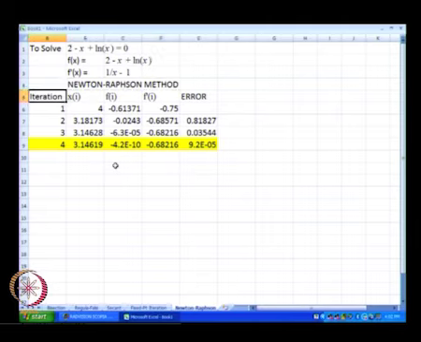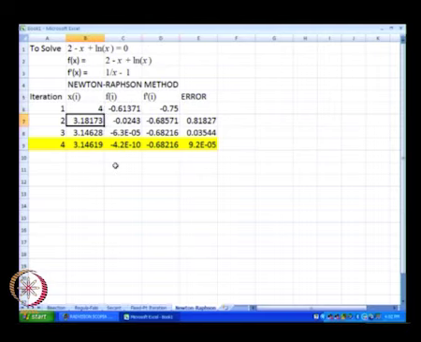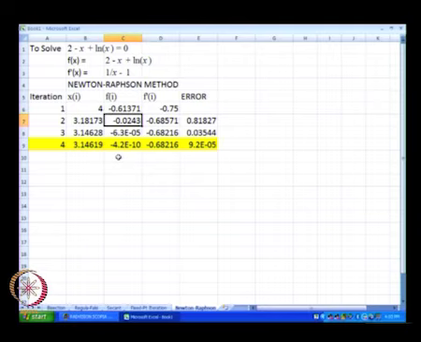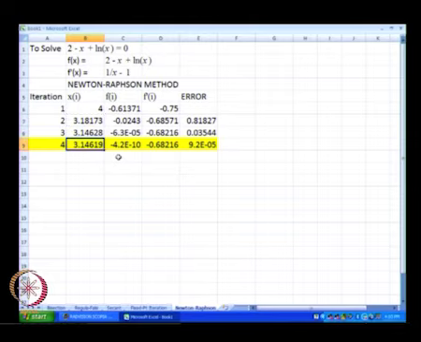Alright, so we started off with x of I equal to 4, f of x of I we computed, f dash of x of I we computed, x of I plus 1 was equal to x of I minus f of I divided by f dash of I. This is how x of I plus 1 was computed. Again for x of I plus 1 we computed f, again we computed f dash, and from this again we kept computing x of I plus 1 at each iteration, and we find that the solution converges, reaches the desired tolerance value of 10 to the power minus 4 in 4 iterations only, okay.